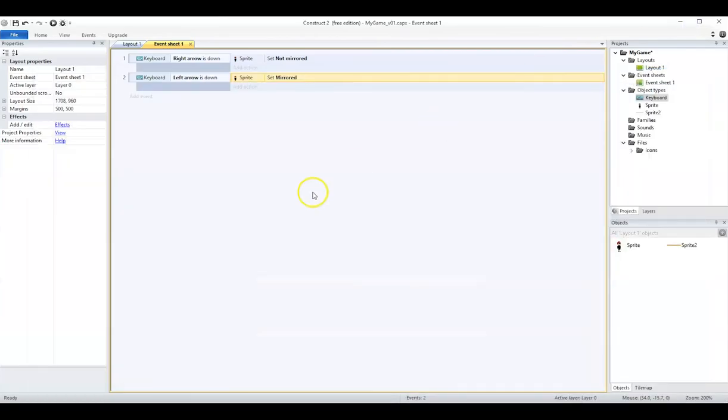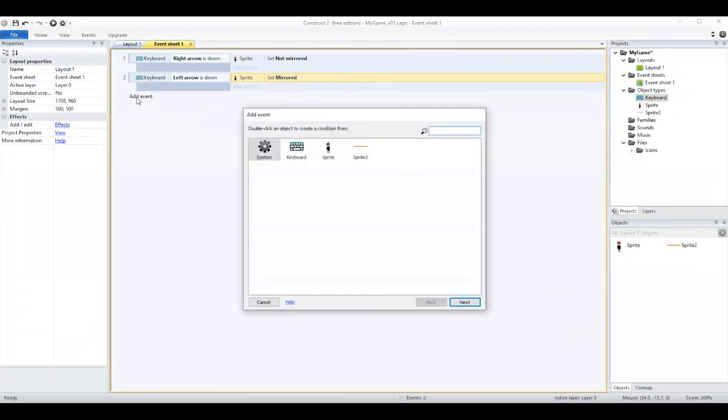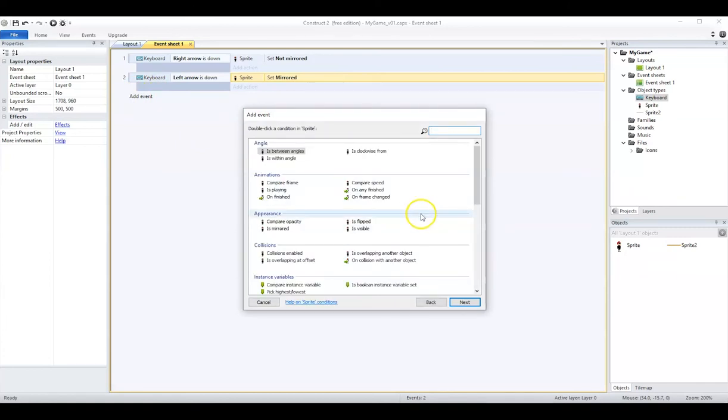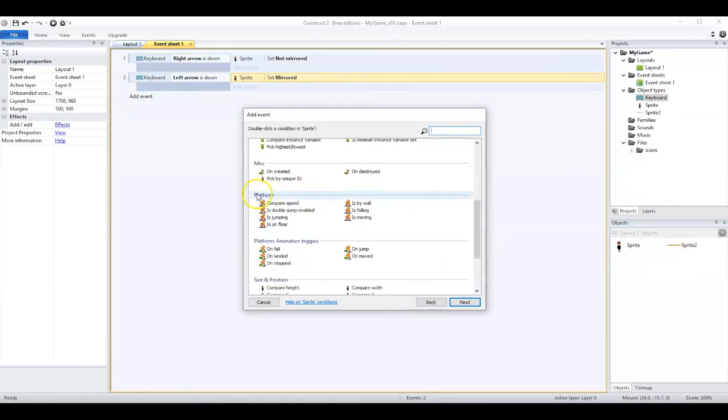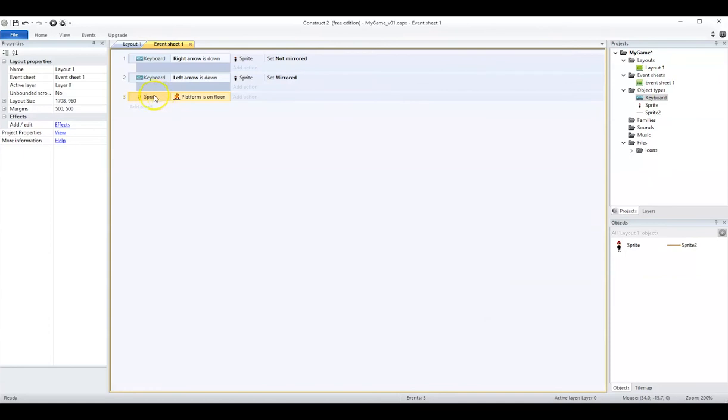The thing is, he's all the time in his idle position, so he's not running. And that means that there is something else we have to do, but we'll do it right away. So now let's add another event. So we want the sprite to be on floor, like that,